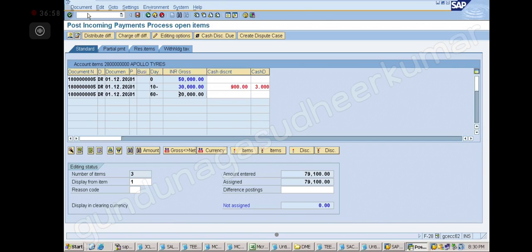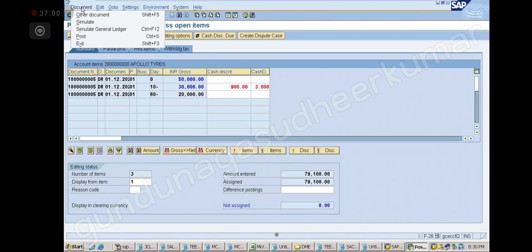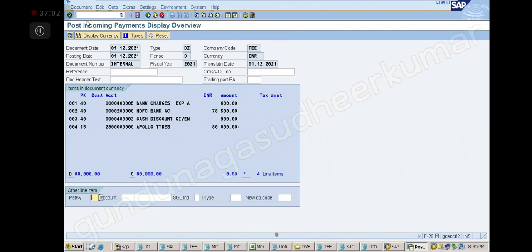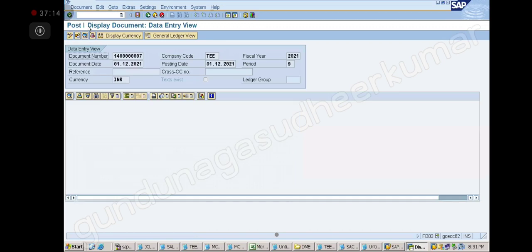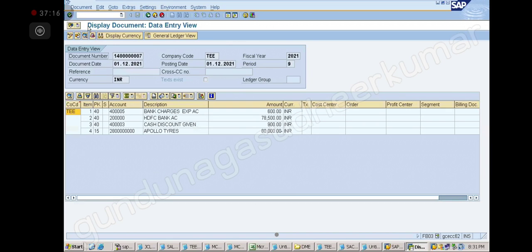Okay, so document simulate, 4-line entry. Debit, credit. Okay. So document display, if you want to note down the entry. Same thing, whatever I discussed.